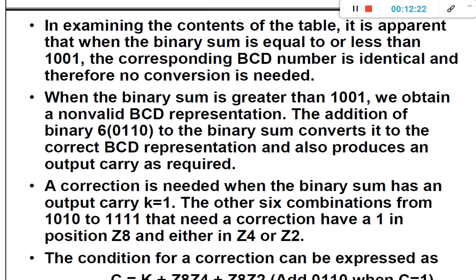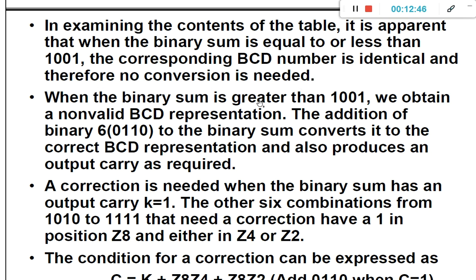So in examining the contents of the table, it is apparent that when the binary sum is equal to or less than 1001, that is 9, the corresponding BCD number is identical and therefore no conversion is needed. So from 0 to 9, there is no conversion needed.